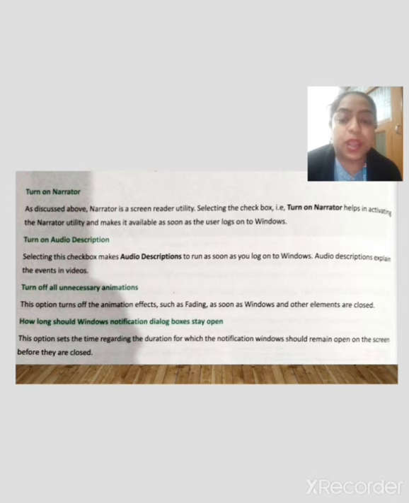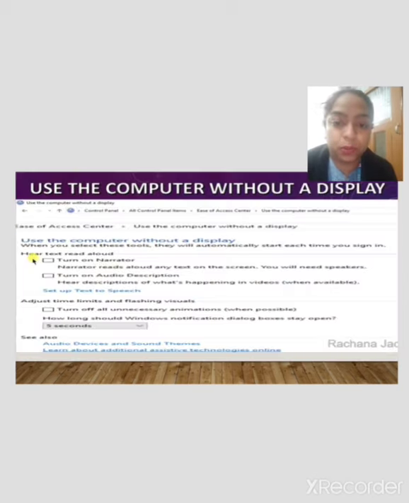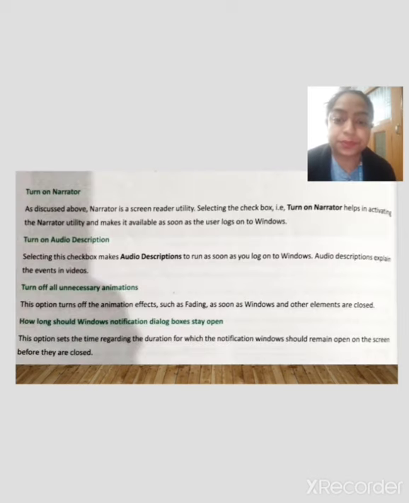After that you have to turn on audio description. All the features which I am telling you are available there. Whenever you open that screen, you will see all the options asking you to turn them on.